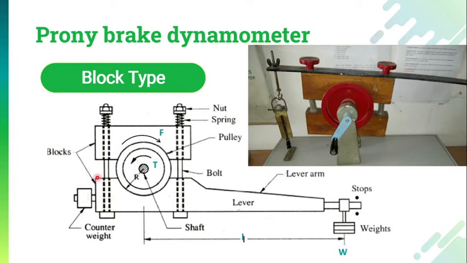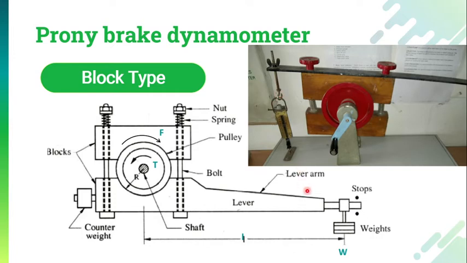There is an arm available over here, which is known as the lever. In this line diagram you can see that at the lower side of the wooden block it is carrying the lever. So there is a lever arm available at one side of the wooden block. The length is known, and at the second end of the lever we have some known weights placed, or there may be a spring balance placed. It is not necessary that you have to put the weight. There may be a spring balance, or say spring scale, available. As you can see in this figure, we have the spring scale.